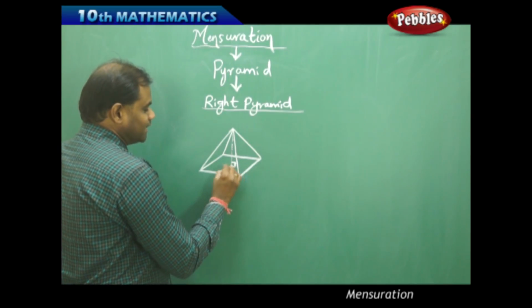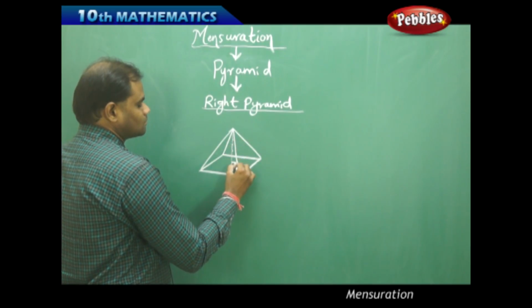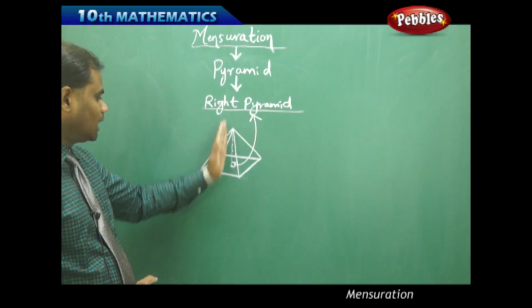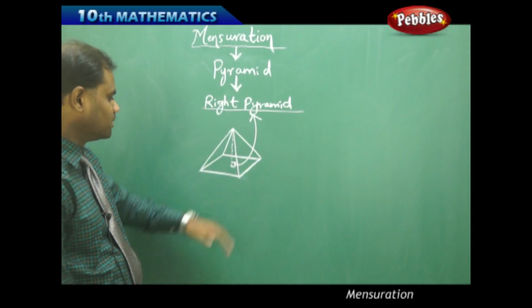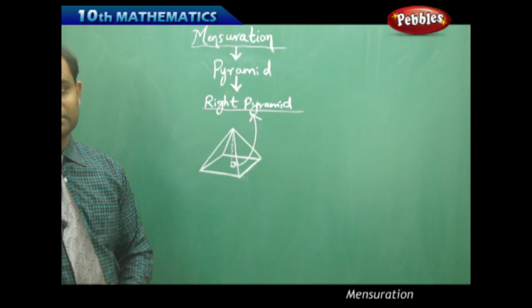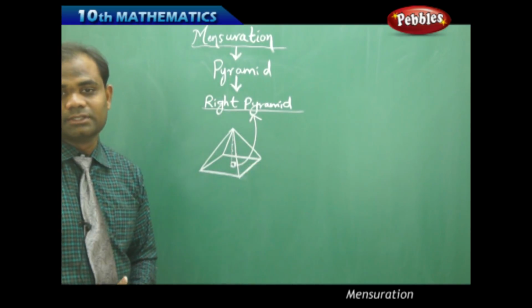So this perpendicularity is what makes the right pyramid. So the height of the pyramid, if it is perpendicular to the base, then we call this a right pyramid. If the height is not 90 degrees with the base of the pyramid, then that cannot